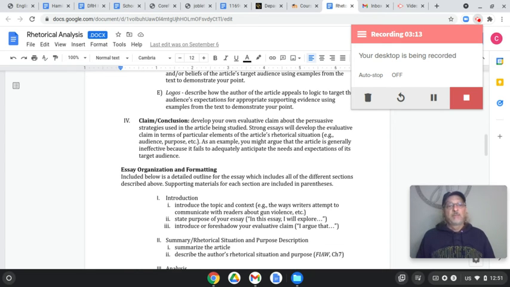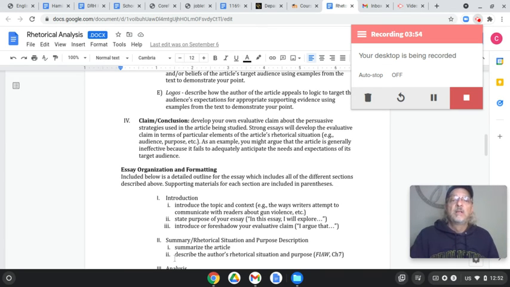I always set these things up, and I just make sure I'm not forgetting anything, right? Make sure that every single thing I'm typing in there, introduction, this is my heading. Introduce the topic in the context. State the purpose of your essay. In this essay, I will explore. Introduce or foreshadow your evaluative claim, right? I argue that author A presented a strong argument, right? And then maybe say based largely on the use of facts combined with her knowledge on the topic and credibility made it a very convincing argument. So that's your evaluative claim.